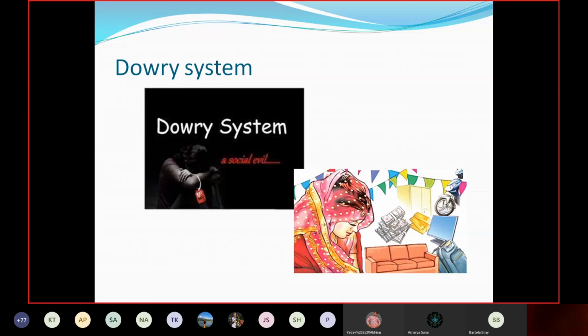Although the Dowry Prohibition Act has been formulated in India, and long ago it was formulated in Nepal also, in other parts of the world also, the Dowry Prohibition Act was formulated, I think, in 1986 for the first time in India, and recently in Nepal in 2018. But it has difficulty in enforcing, because its roots have grown so widely